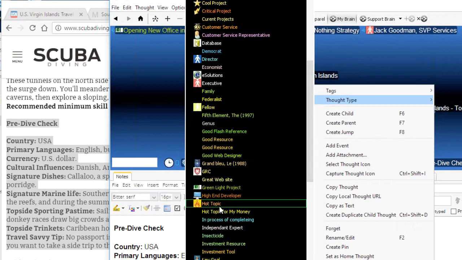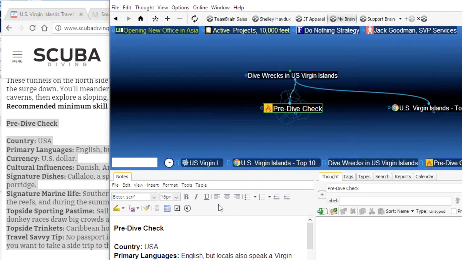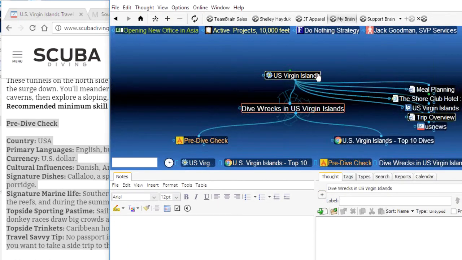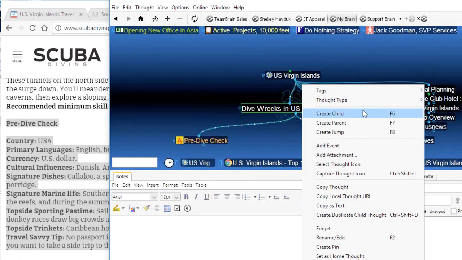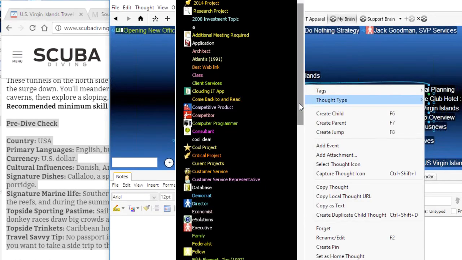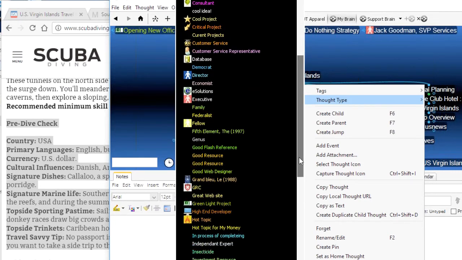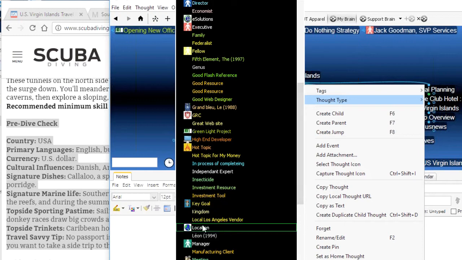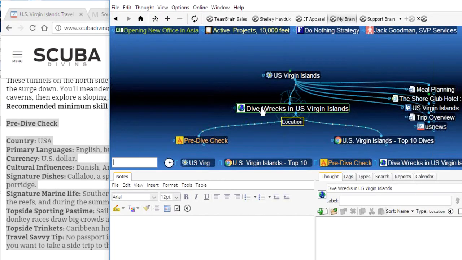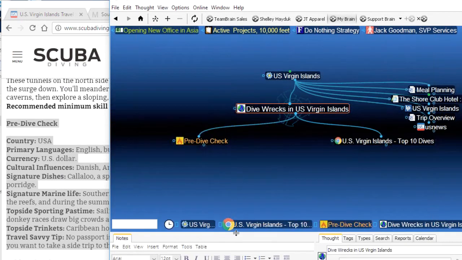And I also have thought types for locations. So if I want to type it as a location, I can come in here and adjust that as location as well. We do have thought tags as well, and I'll cover that as well. So I see these are different locations in my brain, and I have the pre-dive checklist, which is a hot